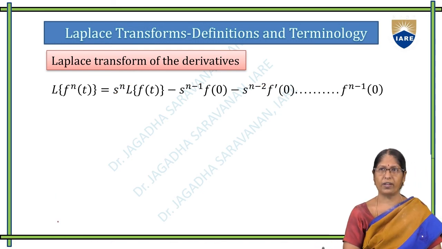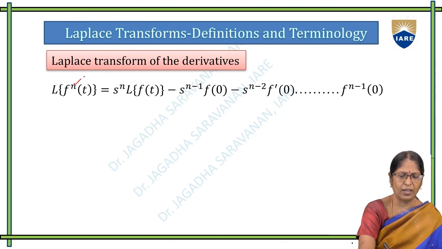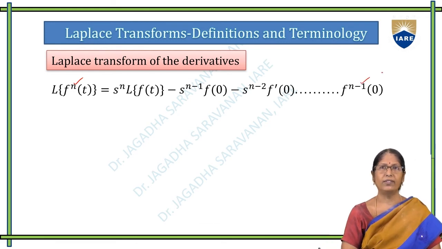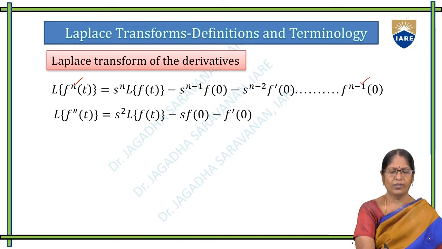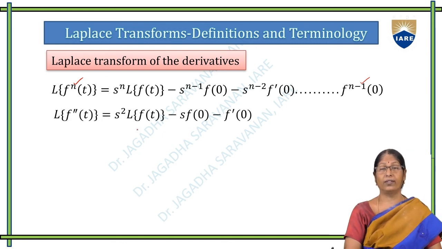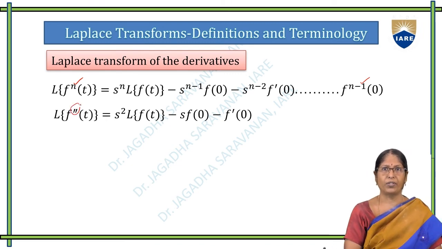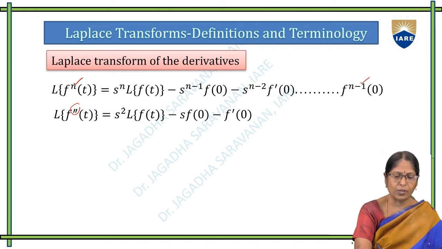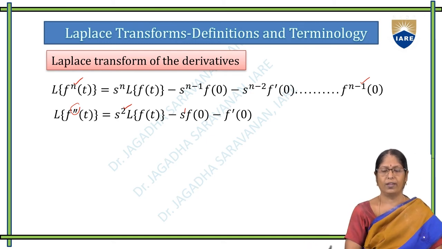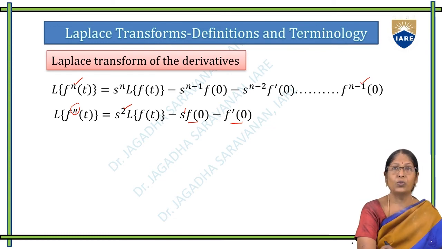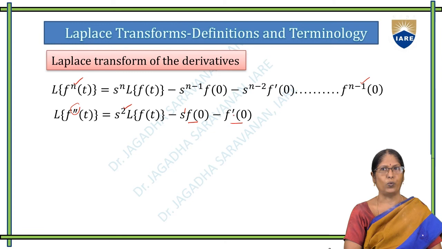One more small technique is there. Here n is there, and the formula should end with one less, that is n minus 1. A simple example: suppose we have taken the second derivative, that is, the derivative is taken 2 times. So yes, it has the power square. Here s power 1 is decreasing, f of 0, next f dash of 0. Here 2 is there, here is 1. So we checked, we have written the formula in a correct way.